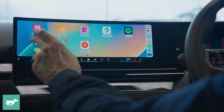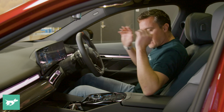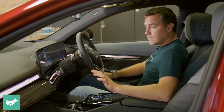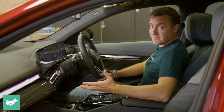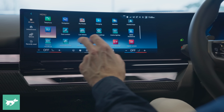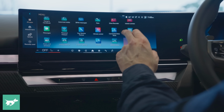The 7 Series is still on 8, so this is as good as it gets, and honestly, it's never worked better. I'm going to fire up the i5 now, and you'll hear its lovely little welcome sound. I mean, Close Encounters of the Third Kind, a little bit reminiscent maybe. Visually, it's changed a little from version 8.0. There's been a bit of a readjustment of where the icons go, but the good news is generally the result